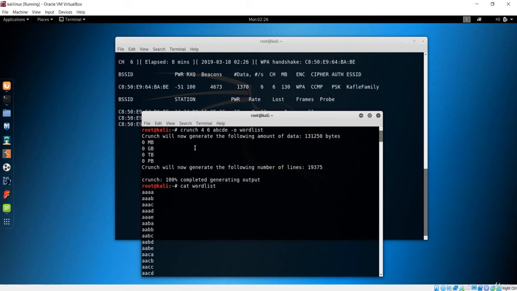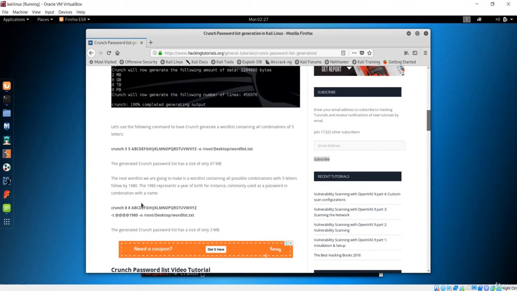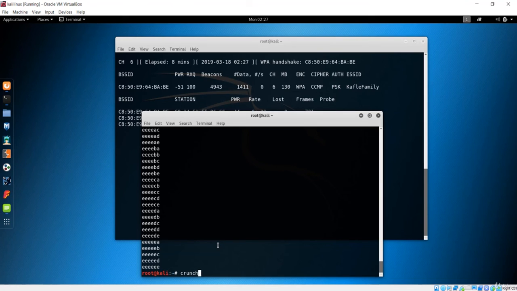But before wrapping that up, we have this crunch application, and there is another argument available in it, which is to make some patterns. We'll use that to create the patterns that we need. So I want to use the crunch application, the same application, and you could also see over here that it has given some commands. So instead of writing it myself, I'll just grab it and show you what this means.